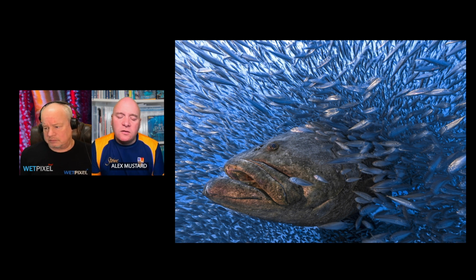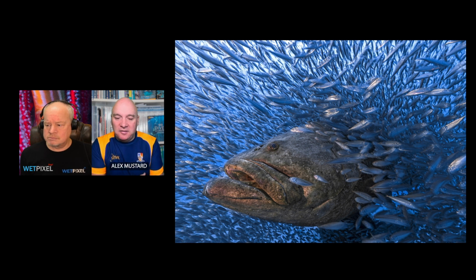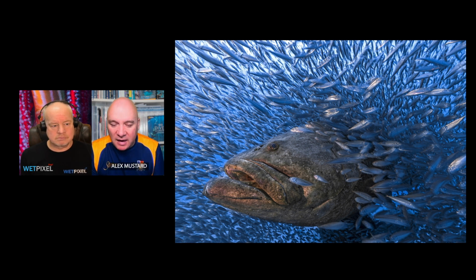I mean, this is classically strong subject matter, and I like how the fish is emerging from the bait fish, and particularly that it seems to be turning at this point. So its body almost seems to have vanished, because I think it's sort of come towards and then turned sideways, and so it looks like it's almost just a floating head amongst the fish, and I really like that